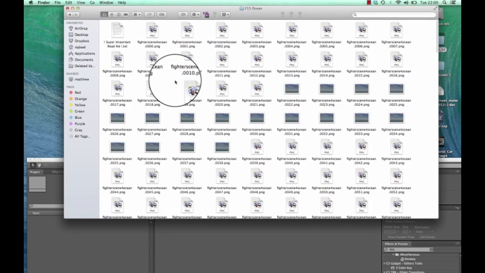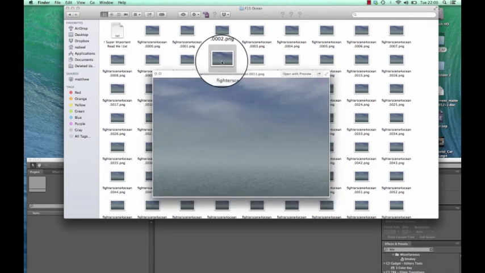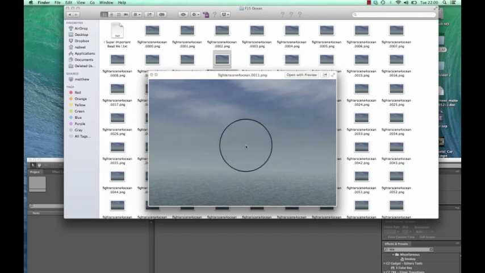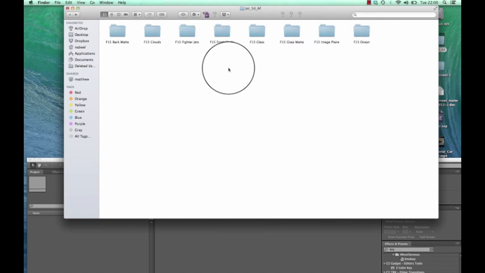So basically, if I just click on one of the files just to show you quickly, if I just open a file, this is basically an ocean effect done in Maya, so they're all sequence files done for you. So once you download